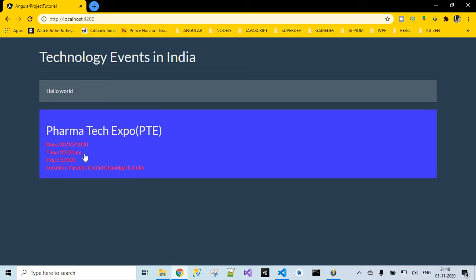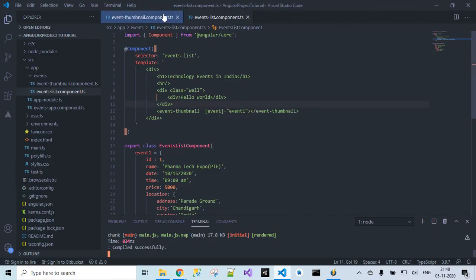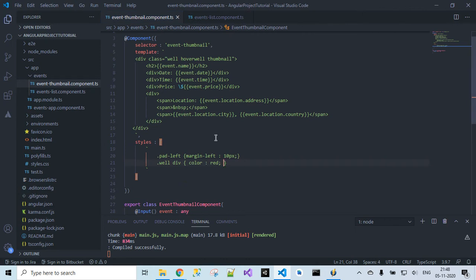So the web content which we are displaying here is associated with the child component class, that is event-thumbnail.component.ts. So whatever styles we have applied inside event-thumbnail.component.ts inside our template styles, these got applied successfully.